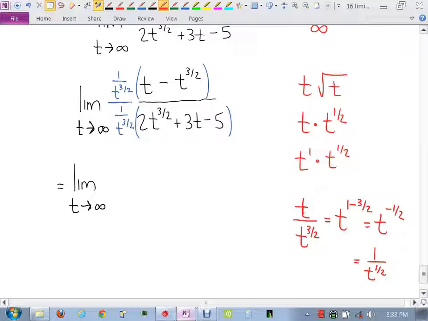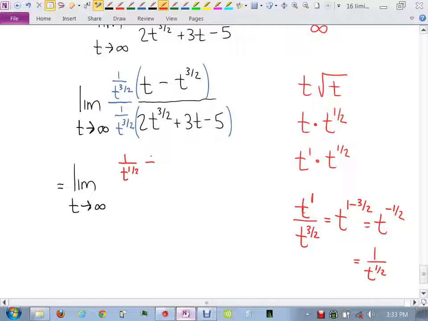I'm using properties of exponents here, right? Because there's a 1 on that t. Anytime you have something to a power over the same thing to a different power, you subtract powers. So I should be getting 1 over t to the 1/2